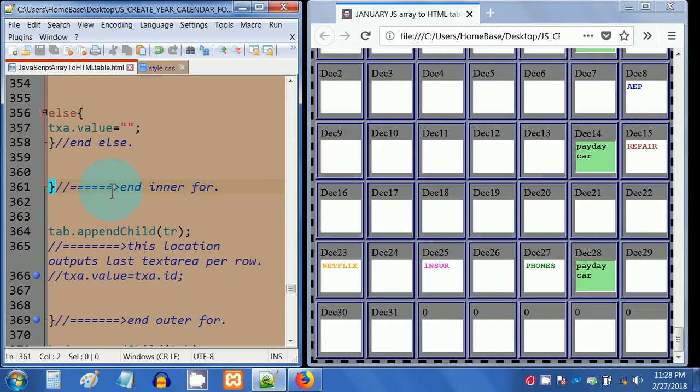In between the inner for loop's curly brace and the outer for loop's curly brace, we have this statement right here. It's important that it's placed here and not here, and not after the outer for. It has to be in between the two for loops. Tab, which is the variable that's short for table, dot appendChild. Once the JavaScript creates the table, it needs to create the table row. So tab.appendChild(tr);